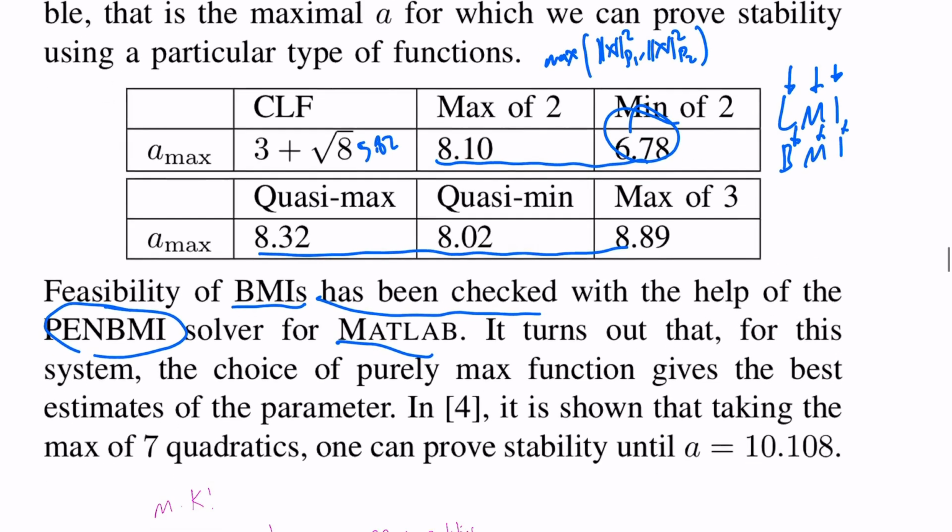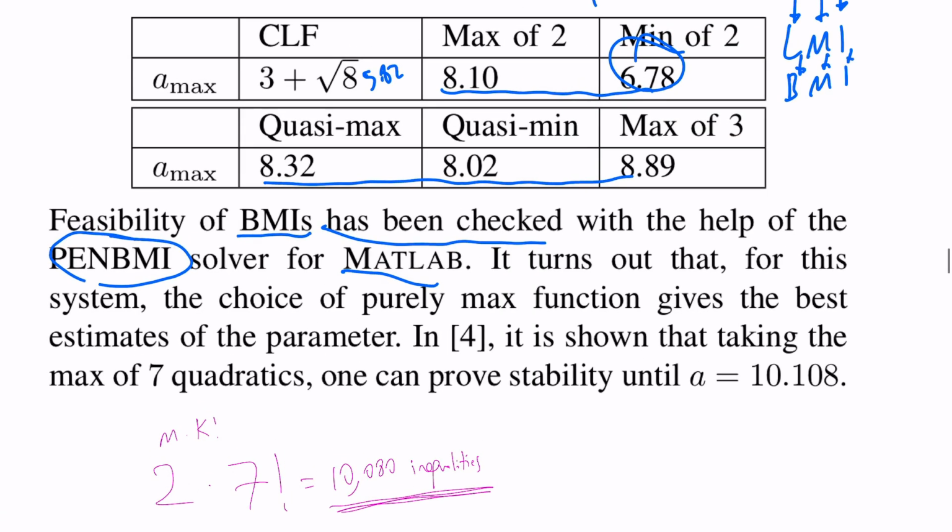And yeah, that's it. It also says that it is shown that taking the max of, which is crazy, 7 quadratics. Whoa. Literally, at this point, if you don't say whoa, okay, that means that you don't have any idea. Either you are a crazy cool person, or you zone out at this point. Why? When we say max of 7 quadratics, and